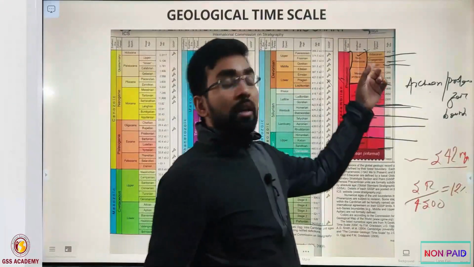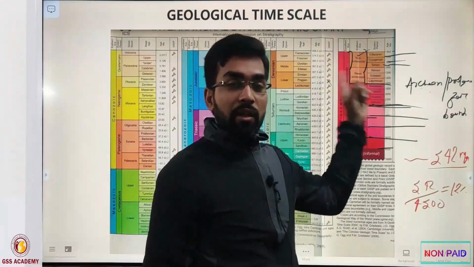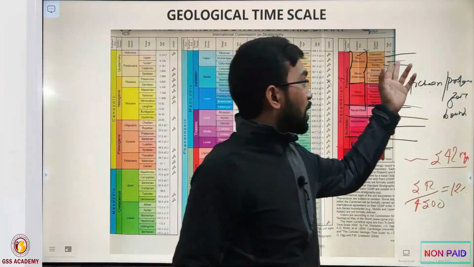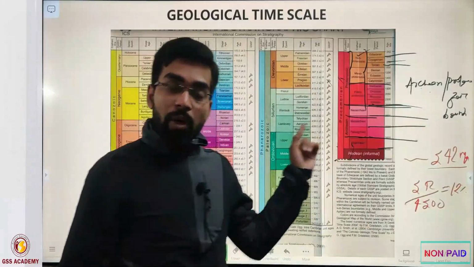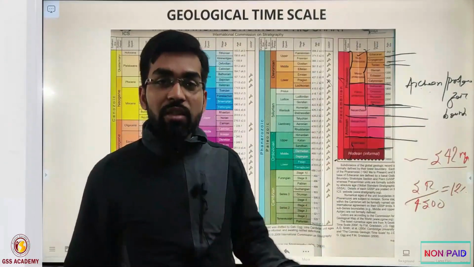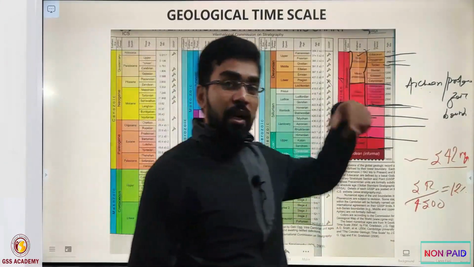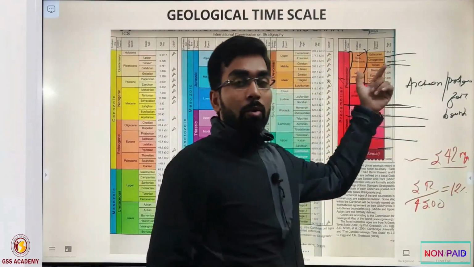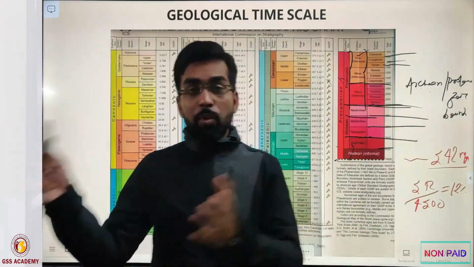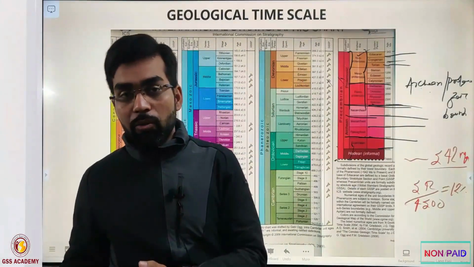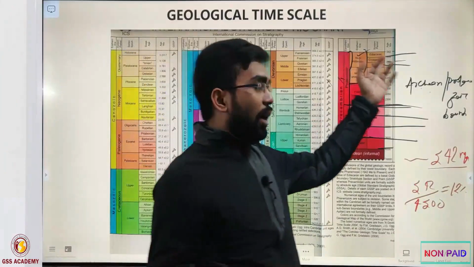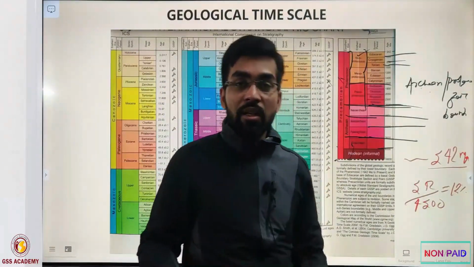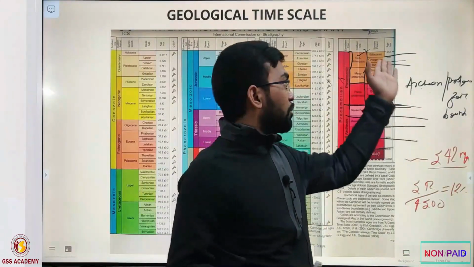Cryogenian was a major glaciation in the earth history. That is one of the main reasons for the change in life habitat from the Precambrian to Cambrian, because these are approaching the boundary of the Cambrian. Before that, the climate and the environment were different. After the Cryogenian, there is a huge glaciation, and after that the changes that took place in the earth history were different.